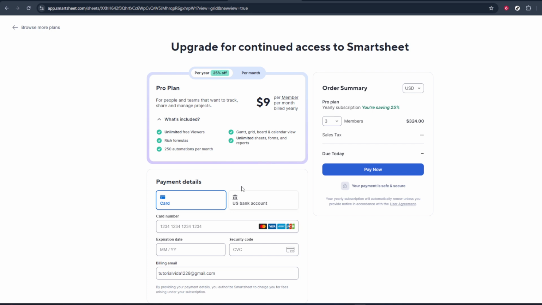Although the detailed selection and payment steps can vary slightly depending on your region or current subscription, the key action that never changes is what we just did. Accessing the upgrade options by clicking your profile icon, then choosing Upgrade Plan. Once you've reviewed the plans and made your choice, you can follow the on-screen prompts to complete your upgrade. And that's all there is to starting the upgrade process in Smartsheet. Click your profile icon in the lower left, then click on Upgrade Plan to move into the subscription options that best